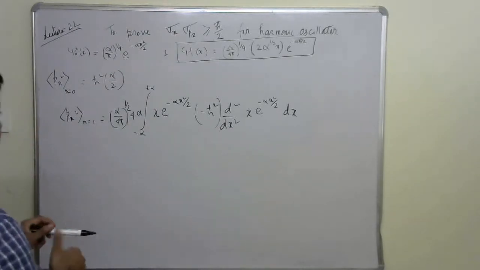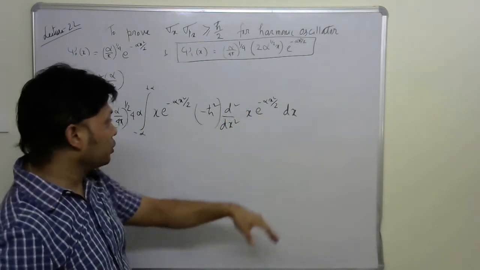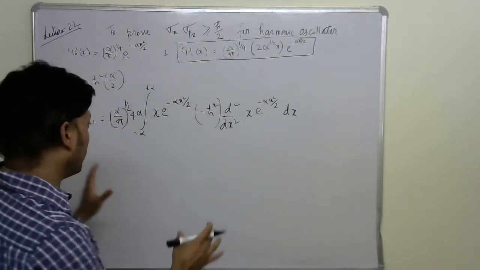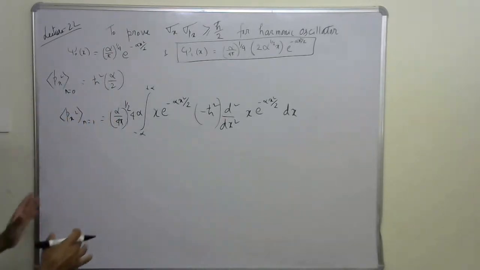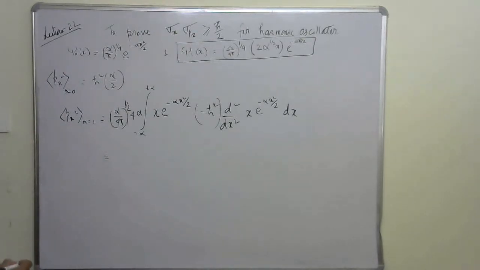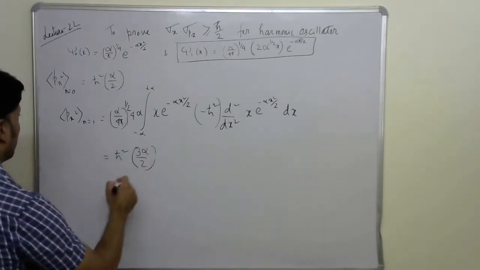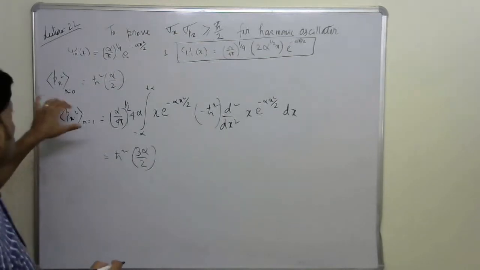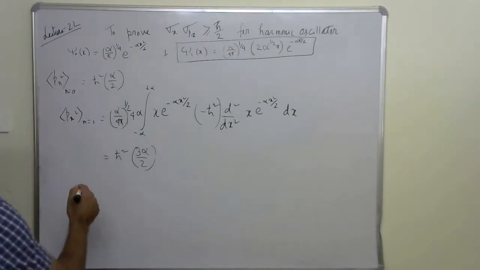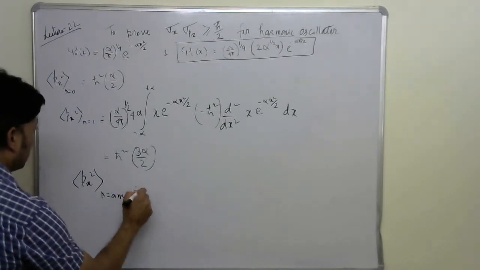Once again we can take this minus ħ² out, and then we have to take the double derivative of this function and multiply it by this function, and again apply the formulas of the standard integral to find the final expression. Doing all that mathematics, you can verify it. This gives rise to the expression ħ² 3α/2. This is for n equal to 1. By observing this one and this one, in the same manner as we did for the average of x², we can write that the average of px² for n equal to any n is